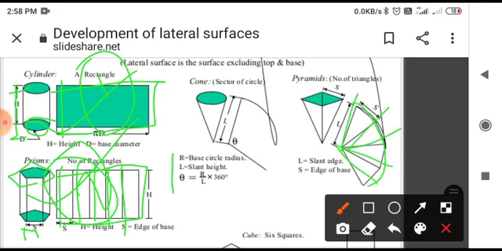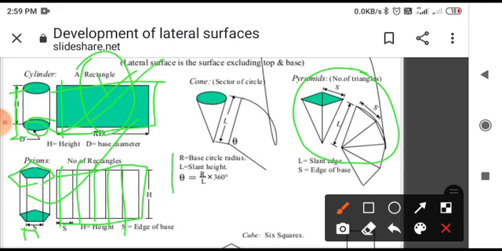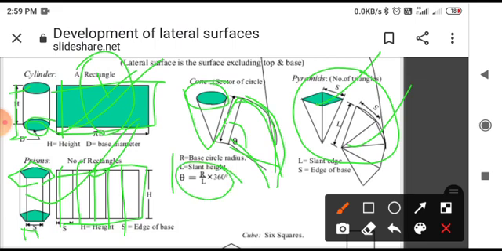Where these sides are s. But in this it is a cone, and this is a prism. No matter, this is also simple. Now here you have to make some calculation for drawing this arc. For drawing this arc you must calculate the theta. You will have to find out this theta for drawing this angle.